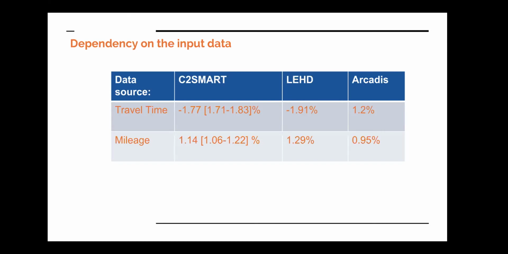Speaking of that, between C2Smart as an input and LHD as an input, there is not that much discrepancy. It's almost on the border, so the confidence intervals actually almost overlap, while Arcadis data gives a slightly different assessment. And here's actually a typo. It should be, of course, minus 1.2%. So it's slightly different from the other two data sets